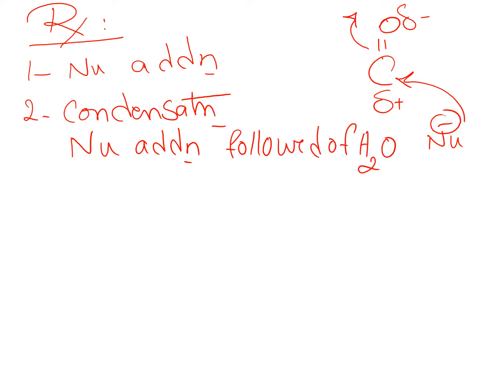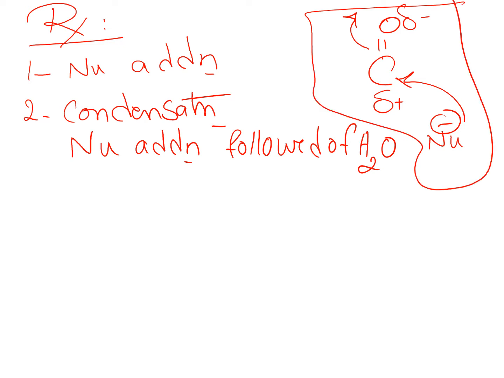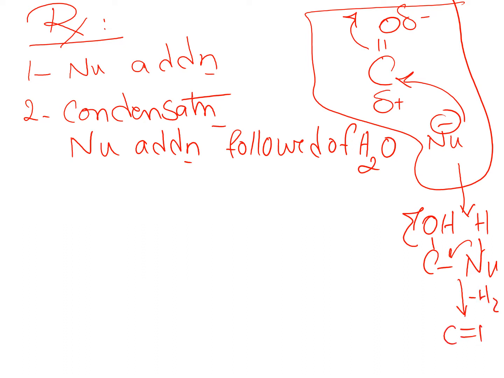It's exactly the same as we have just drawn. However, after the reaction proceeds and we have an OH on the carbon of the carbonyl and a hydrogen on the nucleophile, we lose a molecule of water and we form a double bond between the nucleophile and the carbon. It's as if you have removed the oxygen and added the nucleophile in its place. This is the second type of reactions of aldehydes and ketones, and this is where we will stop in this